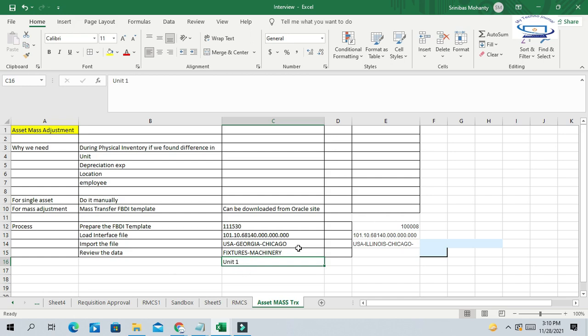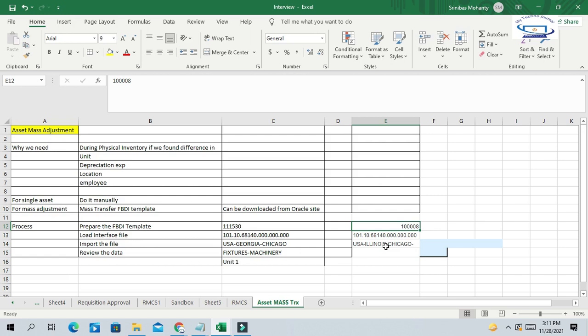Similarly, for this asset you will see that the location is different. Here the location should be USA Georgia, but in Oracle Fusion it is recorded as USA Illinois, and so we can correct the record through this mass adjustment process.